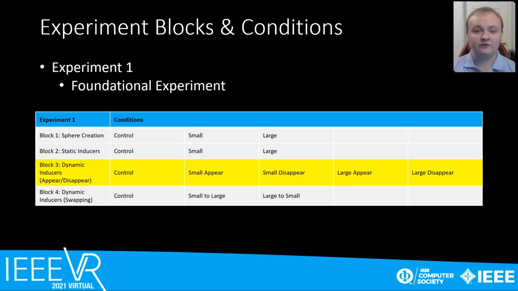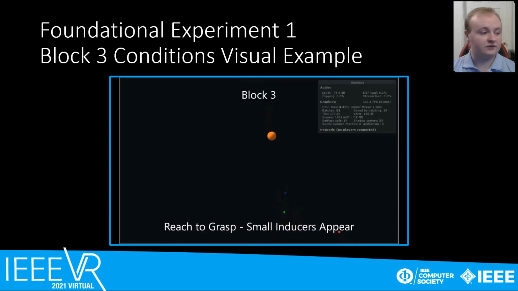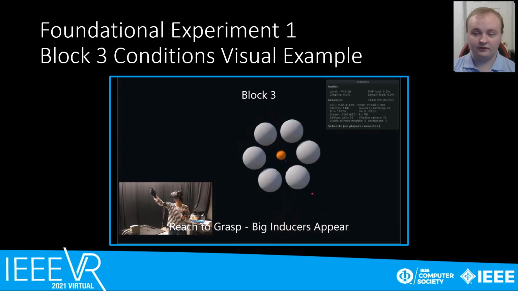In block 3, we have the first dynamic illusions with control, small appear, small disappear, large appear, and large disappear, which you can see here in this video. Control, small appear, small disappear, large appear,